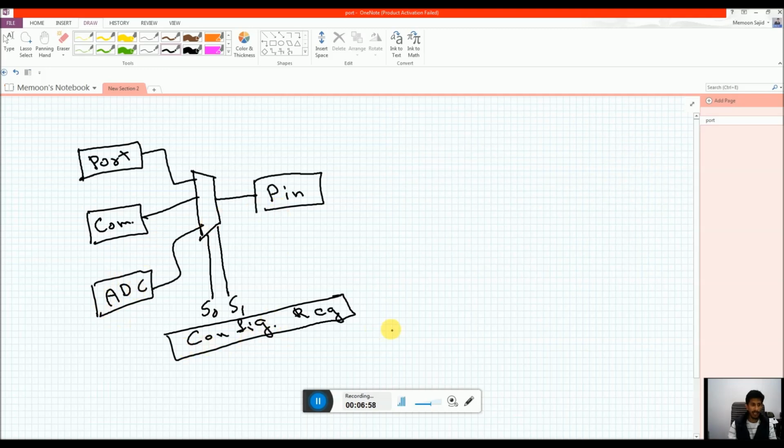This configuration register is an SFR, a special function register. SFRs are not general purpose registers, and they have their bits associated with a specific function. So S0 and S2 can be bit number 7 and bit number 6 of this particular configuration register.